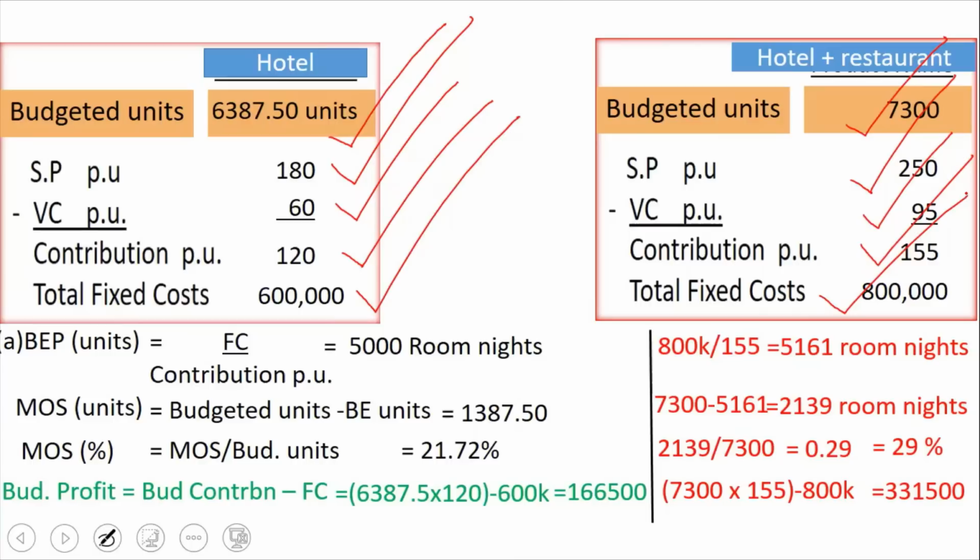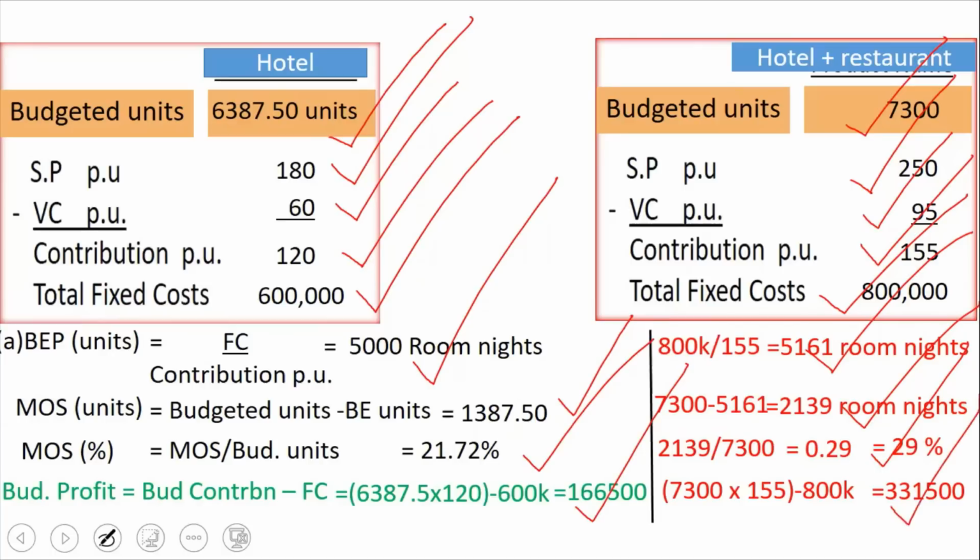As a result of which, the break-even point has increased from 5,000 room nights to 5,161 room nights. The MOS has increased from 1,387.5 room nights to 2,139 room nights. MOS as a percentage has increased from 21.72% to 29%. And finally, the budgeted profit has increased from 166,500 to